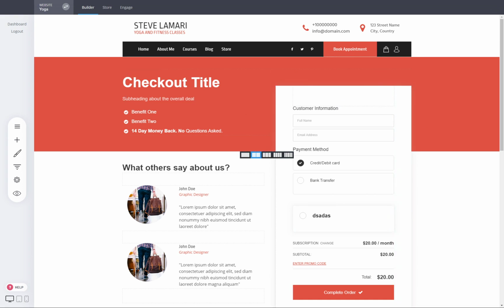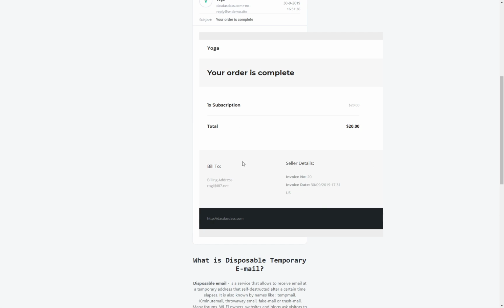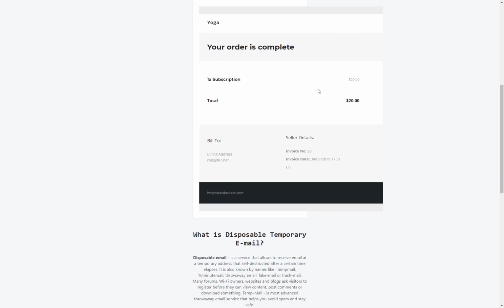And as well, when they do a subscription, they also get an email about completing this order, and you can see it here. So you get an email about, in this case, our yoga website, order is complete. They also get such an email every time the subscription has been renewed. So next month, they will also get a receipt like this about the website or the funnel where they subscribed for your services. So this is how simple it is to do all that,